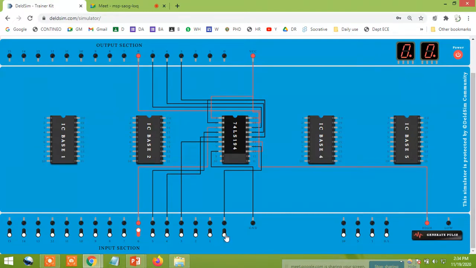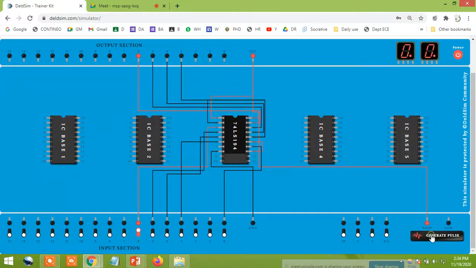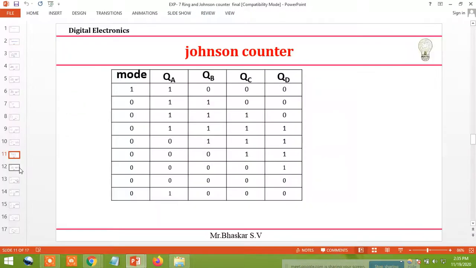Sorry, this is mode only, right? Yeah, now you can see that 1. See 1. Now it will be shifted, 0 1 will come. Next you give this one, so this data will be shifted here, meaning 0010. Next value is 0001. Next it will come back to here, 1. Just give the pulses, right? So this is your ring counter.